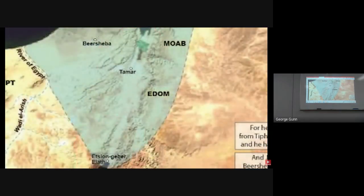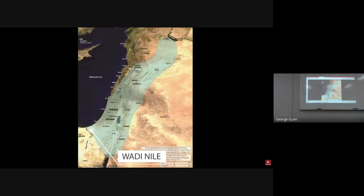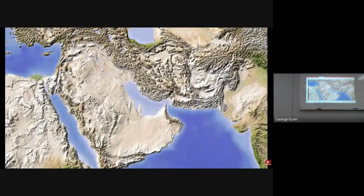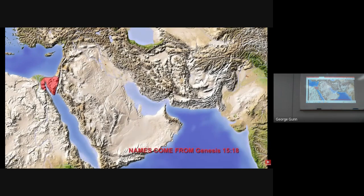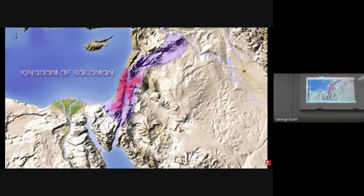The second argument is that the promise given to Abraham does not really mean the river Nile, but the Wadi Nile, meaning some smaller creek of the Nile River, and Solomon's kingdom did in fact touch the Euphrates River to the north. The problem with this interpretation is that after the rivers are mentioned, God provides specific territories occupied by different people, and so we have the land of Kenites, Kenizzites, Kedomites, Hittites, Perizzites, Rephathites, Amorites, Canaanites, Gerishites, and Jebusites. Those tribes lived on a territory